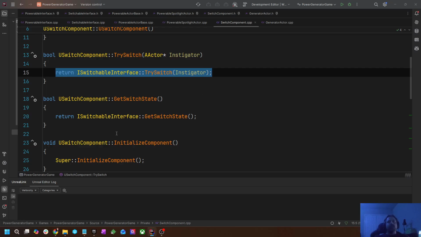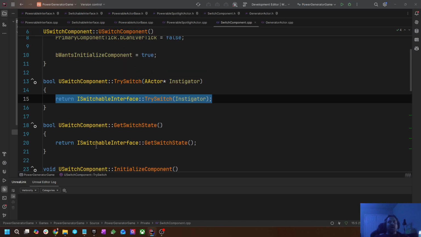And so here, we need to determine what our goal state is going to be, and that's going to be based on whether this switch is a toggle switch or not. If it is a toggle switch, we want to flip whatever the current value of the B is on variable is. But if it's not a toggle switch, we just want its goal to be to turn on. So we're going to say,